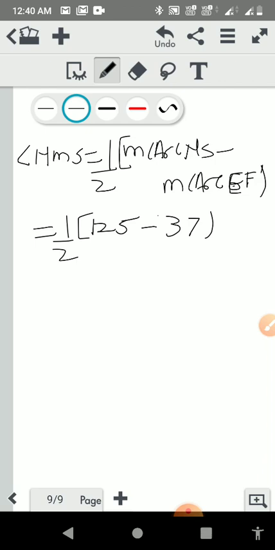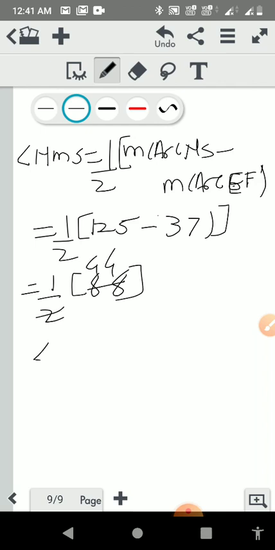Okay, so I can close this bracket, and if I solve it, I will get 15 minus 7, it is 8, then 11 minus 3, it is 8, so it is 88. So 2 4s are 8 and 2 4s are 8. I will get this angle NMS as 44 degree, isn't it? And this is what we have to find out. Very simple question, isn't it?